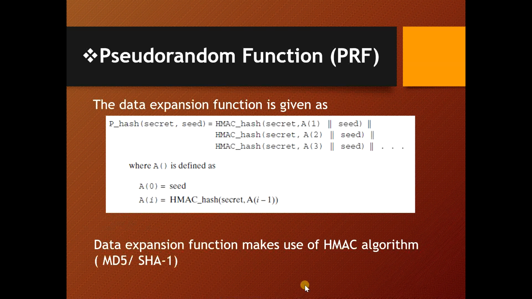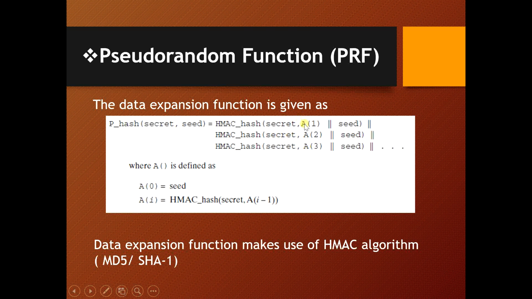Now let us look into the code of the data expansion function. The data expansion function can be represented in terms of p_hash(secret, seed) in this form: HMAC_hash(secret, A(1)), HMAC_hash(secret, A(2)), HMAC_hash(secret, A(3)). Now all of this is generated.